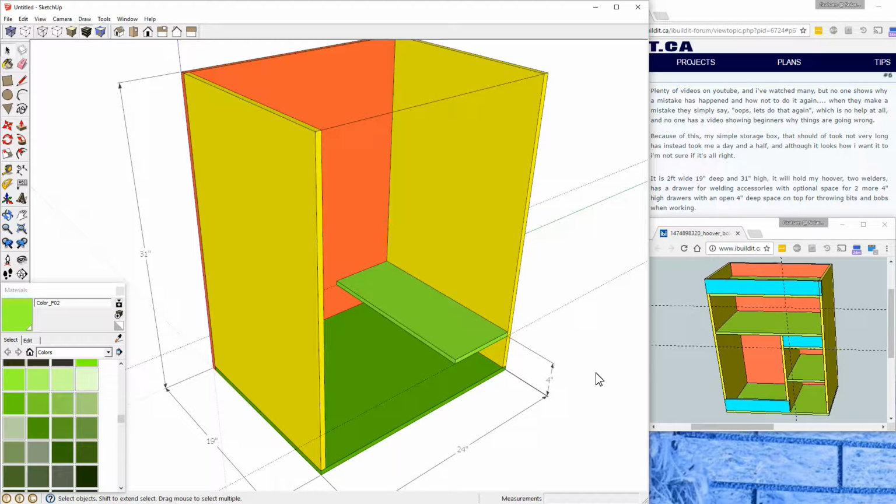Okay, so again, looking at the diagram, I don't know exactly how wide the shelves and the drawer are supposed to be, so I'm just going to guess and stretch them accordingly. So I can see the overall width of the cabinet is 2 feet. It looks like it's a little bit off center, so I'll guess maybe it's about 10 inches or something like that. So again, I'm creating a guide 10 inches away from the side,